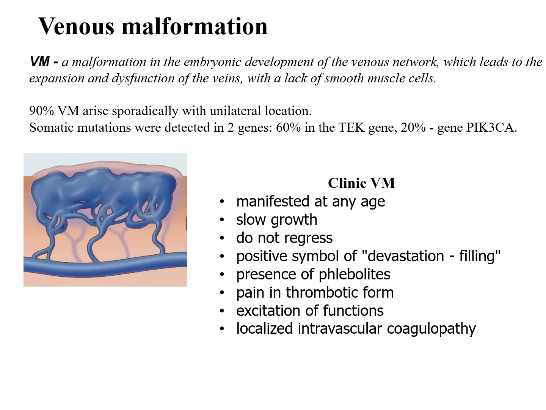Venous malformation is a disorder in the embryonic development of the venous network, which leads to the expansion and dysfunction of veins with a lack of smooth muscle cells. 90% of venous malformations arise sporadically with unilateral location. And by the clinic, we will see that